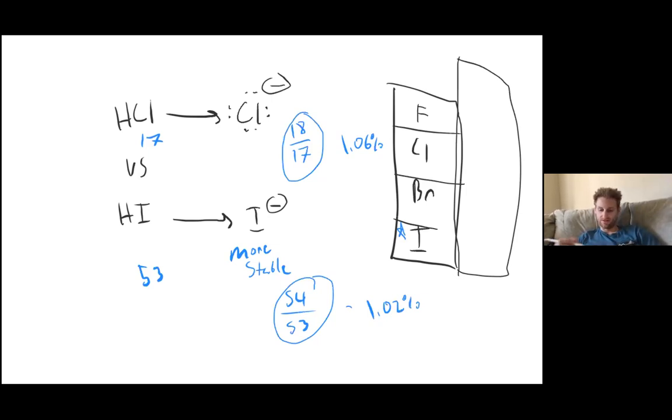So for chlorine, you added 6% more charge, versus for iodine, you only added 2% more charge, which is why the iodine is so much more stable. So when we have a problem where we have both of these in solution,